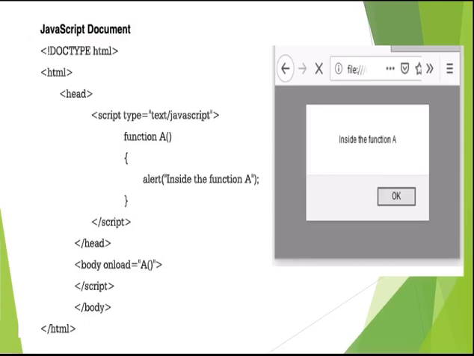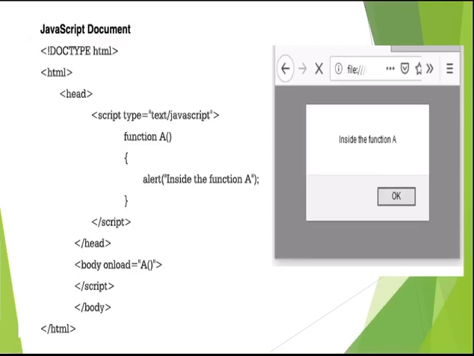So whenever your page is loaded inside the browser, as soon as you open the page inside the browser, you'll get an alert "inside the function A", that is, on page onload, that function is called. Okay, then close the script tag, close the body tag, and close the HTML tag. Now you can see the output. Try it at your home.